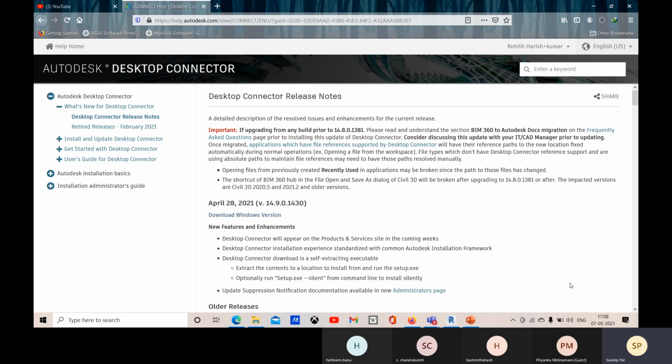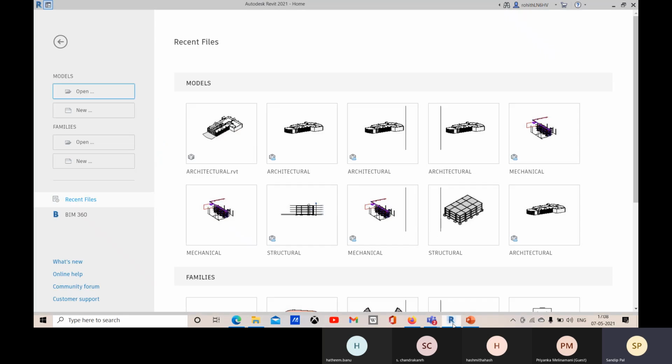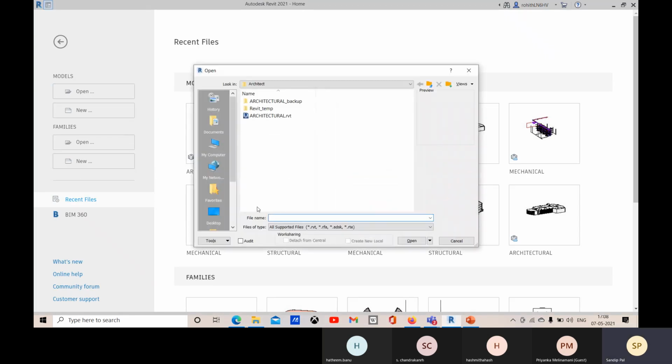Now let me go to Revit here. Whenever you open any file, you can go to My Computer and here you will find this Autodesk Docs. This one will be there, so that you can access your BIM 360. This is the file, and from there you can open it.